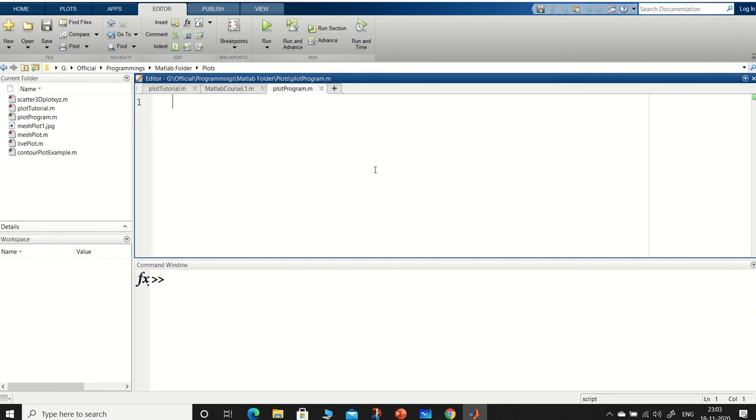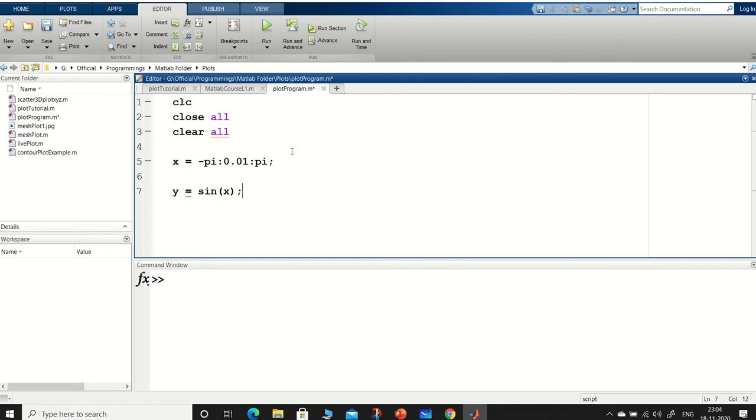So let's start with clear screen, then close all the open figures if there are any, then clear all the variables if they are already available. Now let's define a vector x equal to minus pi to pi in steps of 0.01, and y as sine of x.